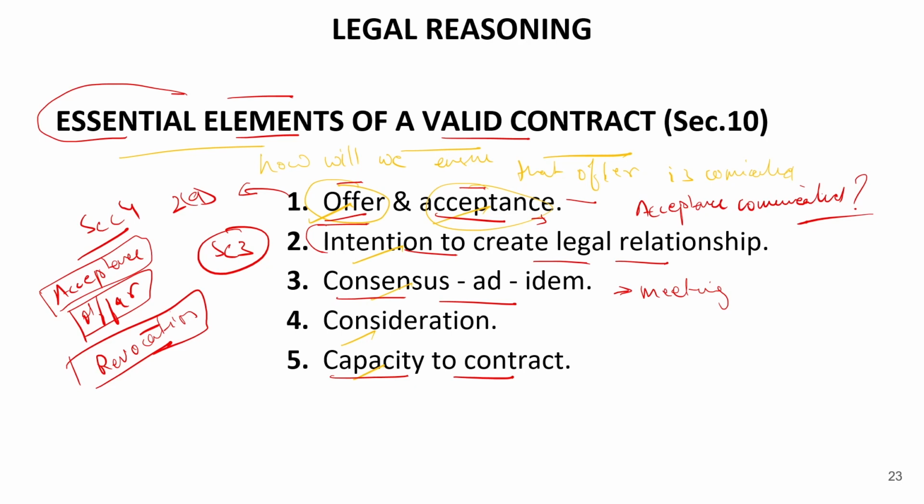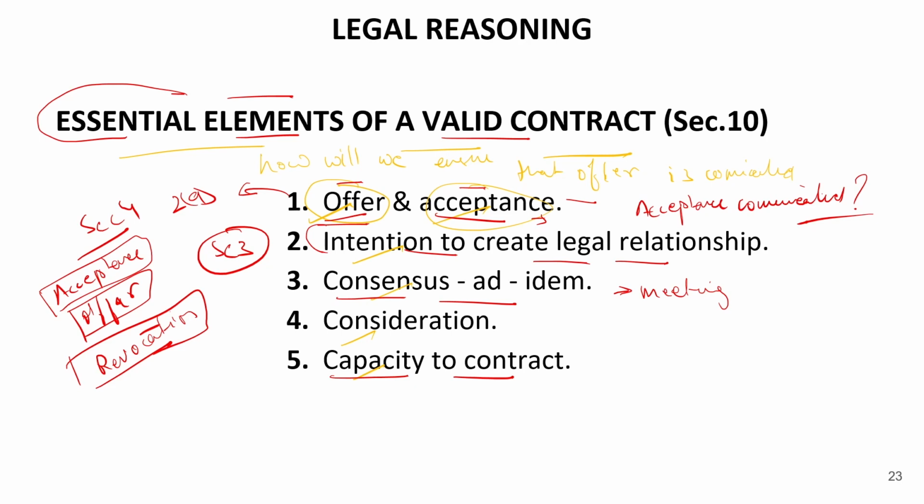But when we talk about other agreements, for example selling a house or purchasing a bicycle or a mobile phone, there is no need of a written contract. There are general contracts or general offers, and we'll be studying the different types of offers in lectures to come. But in our next lecture we will talk about the essential elements of a valid contract. We have completed section 1, section 2, section 3 and section 4 of the Indian Contract Act.